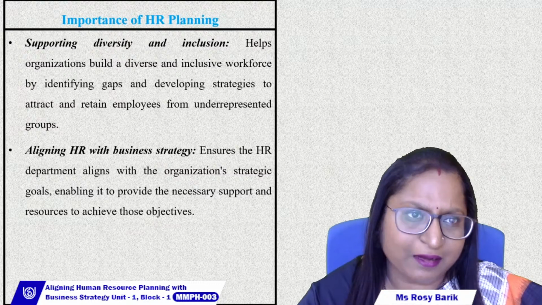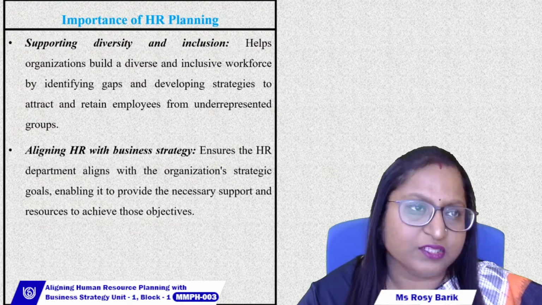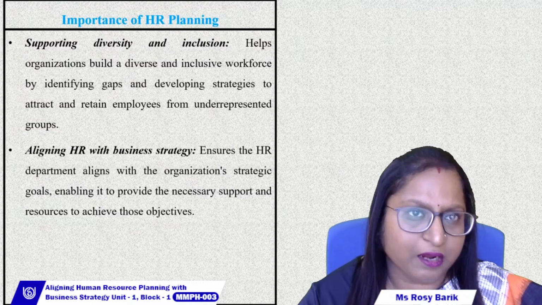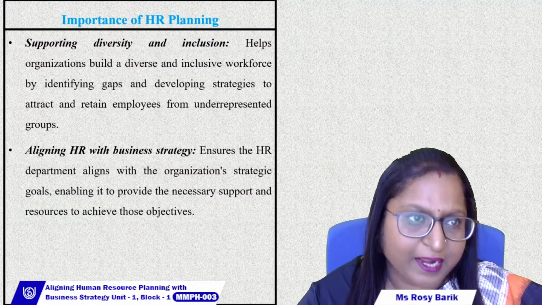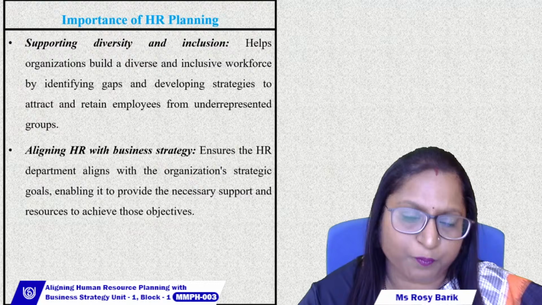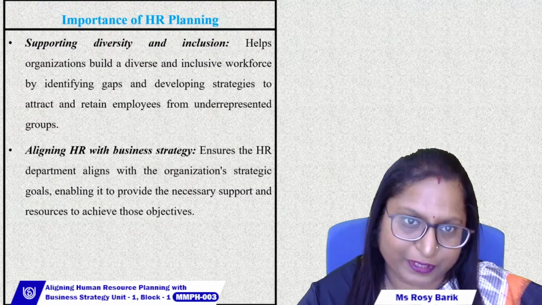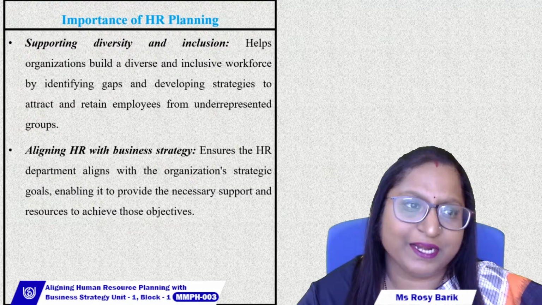So in the organization there are various groups through which an HR department can identify the talented employees or potential employees, and they can attract and retain the potential employees from underrepresented